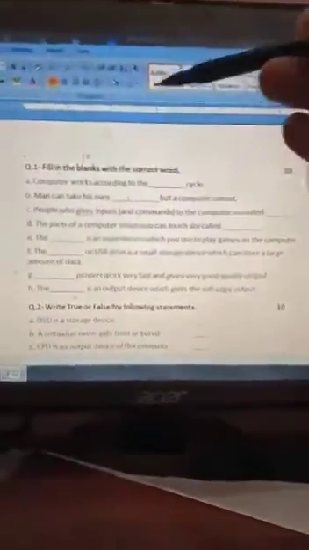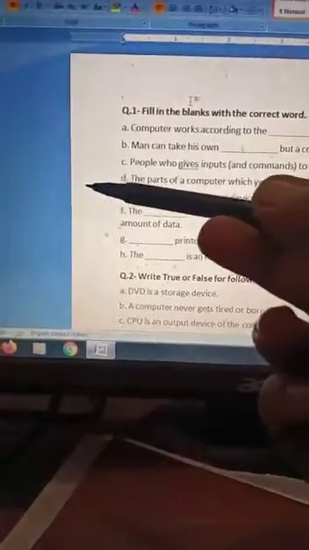I will show you first which types of margins there are. Look, this is the document and this space is known as the top margin. Here is also some space, this is known as the left margin. Here is also some space, this is known as the right margin, and at the bottom there is also some space, this is known as the bottom margin, and these two facing margins are known as the gutter margin.